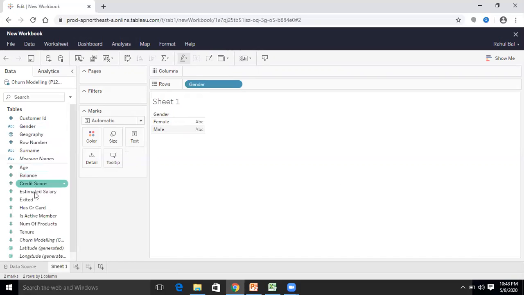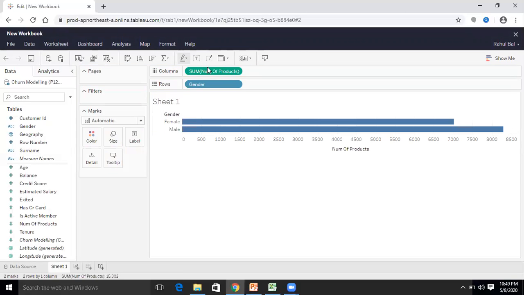And I will place the number of products in the column section, so that it will generate the sum of that number of products according to the category, which is male or female. This is number of products. So this will automatically create your bar chart.